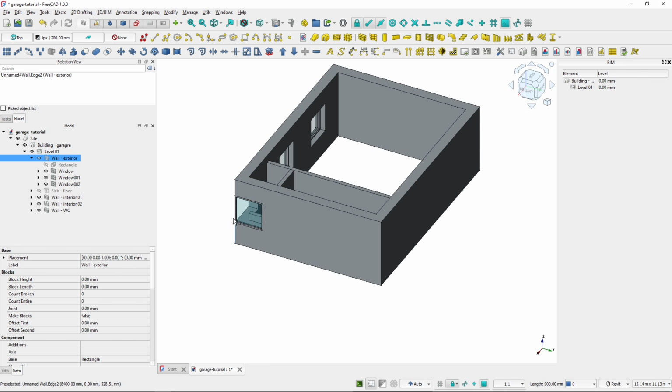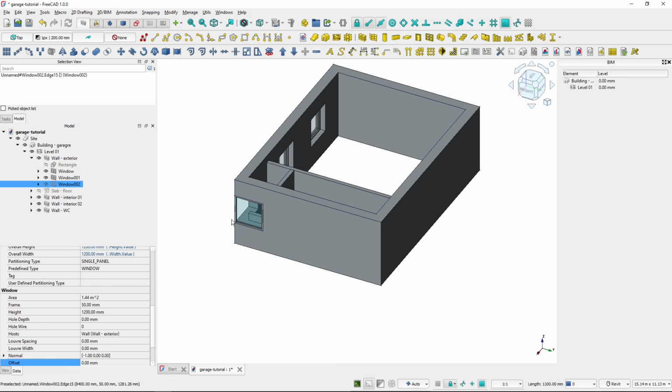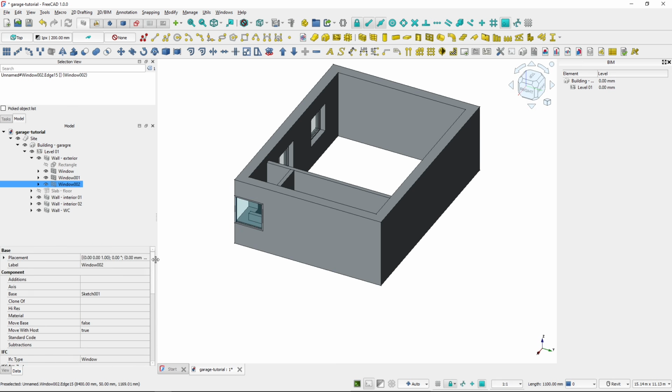And I was showing you previously that I can move the window with the move tool, but I can also place the window relative to the first point that I placed it at by selecting the window, and here in the data properties of the window there's the base properties and placement. I will extend the placement, I will extend the position,